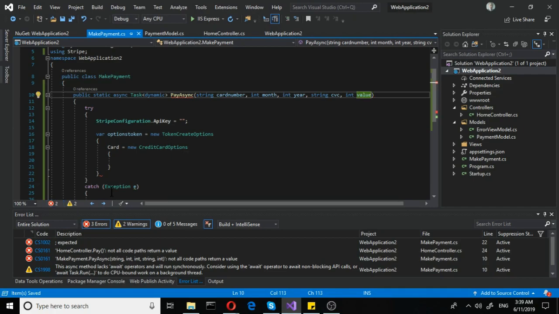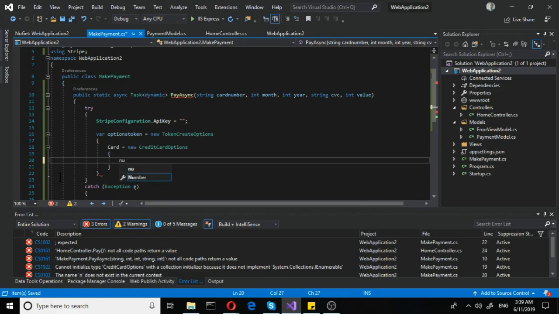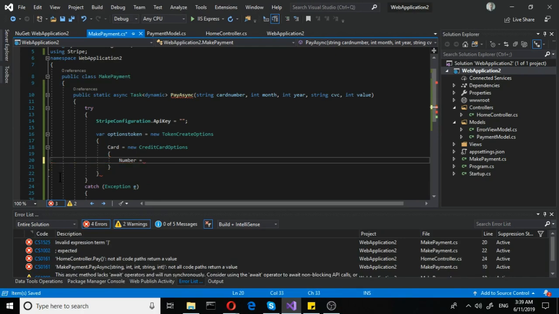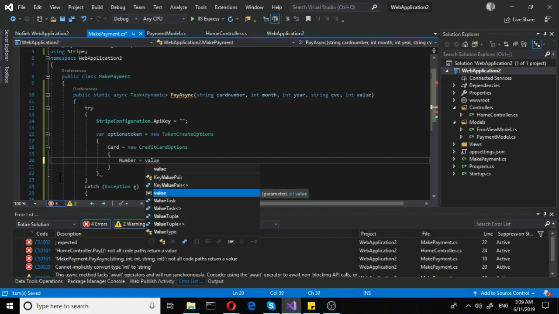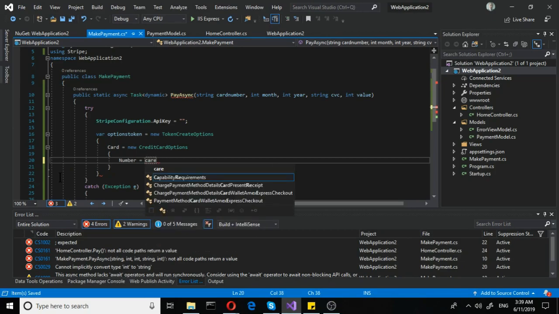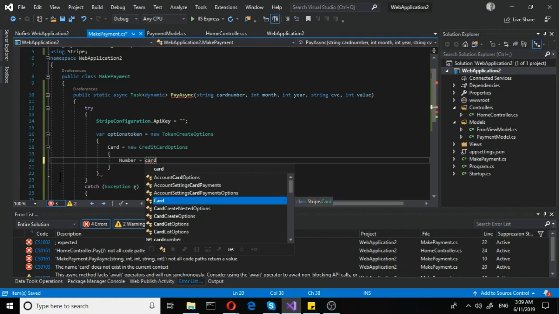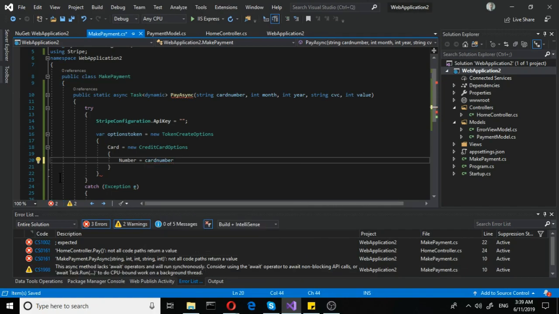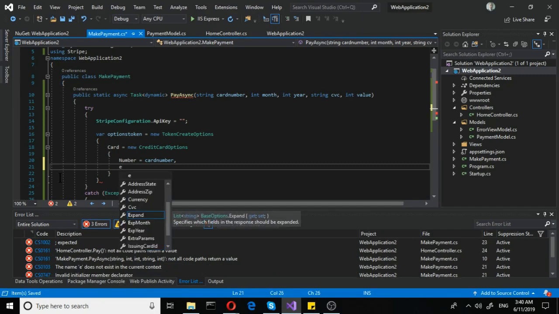In fact. So now let's do number here in the card. So number is obviously credit card number or card number. So let's do number, and that is the value. Or rather not, it's actually the card number. What am I doing? The card number. Okay, we have that. And then next in line is the EXP